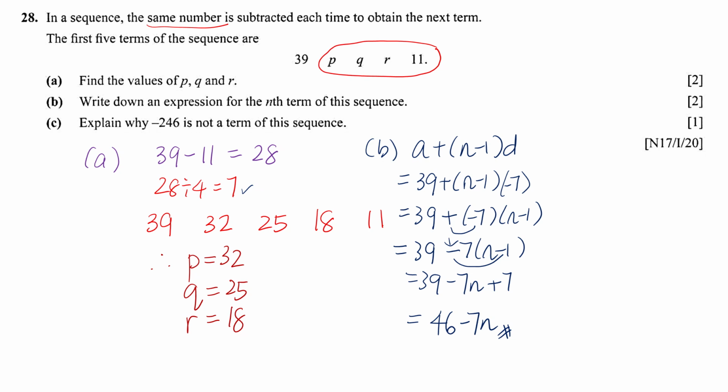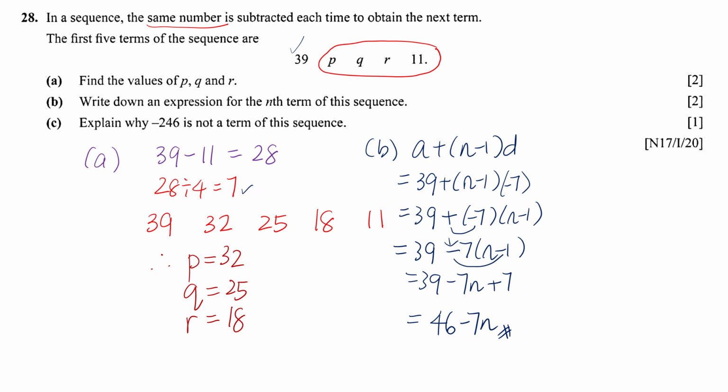Right, so similar to what we have done earlier on, we can always check to see if our answer is correct. You can just substitute n to be 1. So 46 minus 7 times 1, the first term is 39, which is what we have here. So we are on the right track. Right, so for the next question,